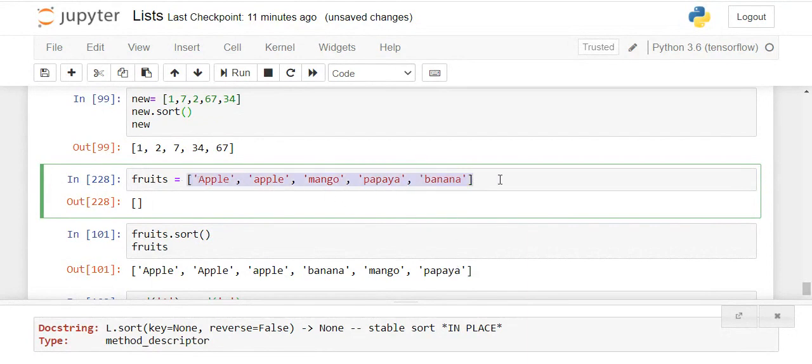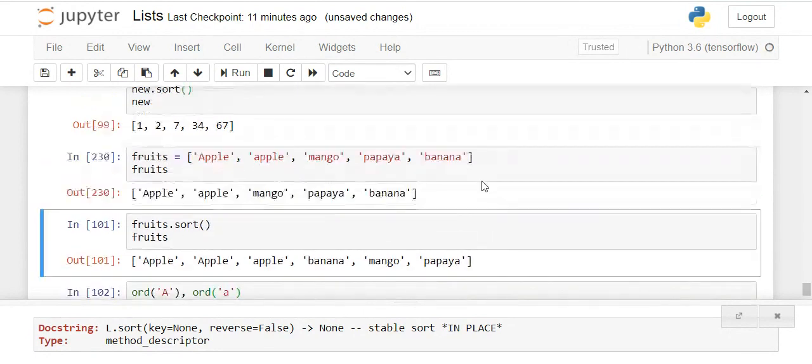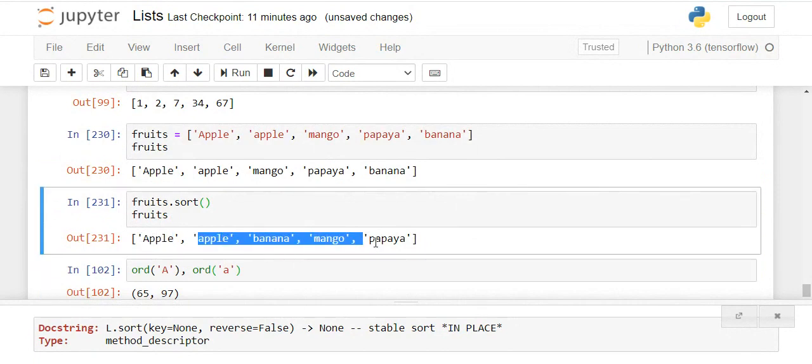I want to sort this list. This is my original list, and I want to sort it out. If you sort this list, you'll see, if you neglect the capital A part, then you can say A, B, M, P, in sequential order A, B, C, D. See, small letters are there.